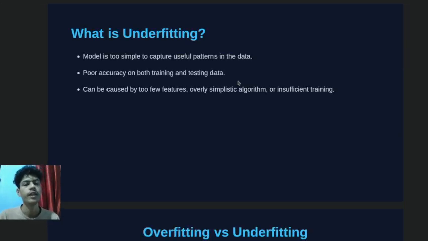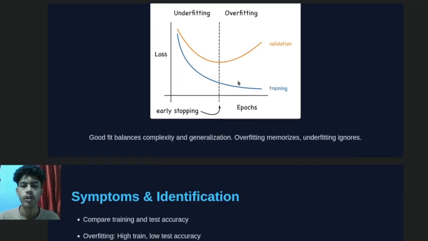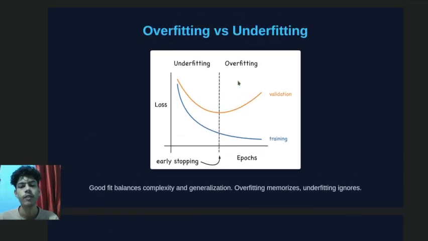And what is underfitting? The model is too simple to capture useful patterns in the data. It shows poor accuracy on both training and testing data and can be caused by too few features, an overly simplistic algorithm, or insufficient training. And what is the difference between overfitting and underfitting? With overfitting, validation has high loss, but